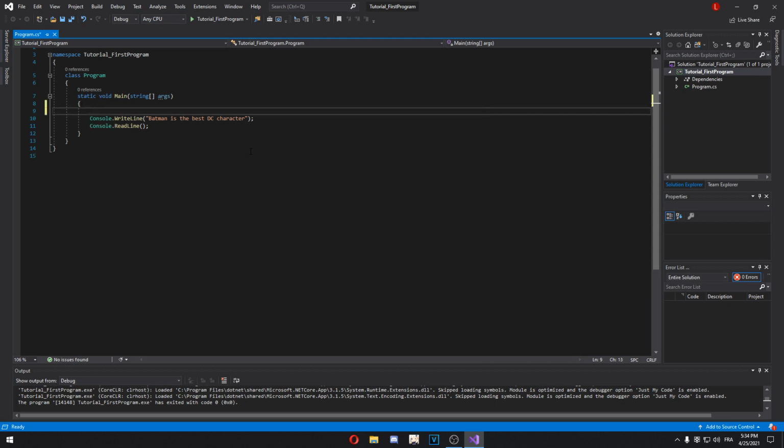For example, if you want to store a character or a bunch of characters or text, just like the one in the Console.WriteLine, Batman is the best DC character, you can write down right here string, which tells the computer that we're creating a variable. And we're going to name it whatever follows the string. So let's say we're going to name it superhero. We just created a variable named superhero,